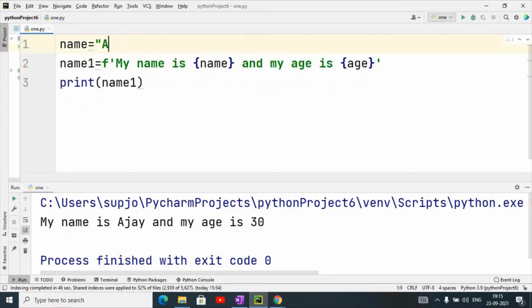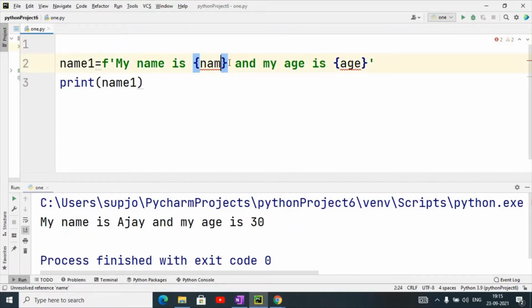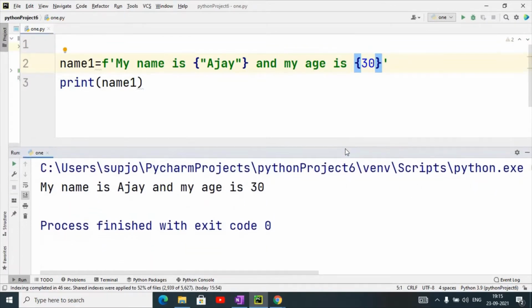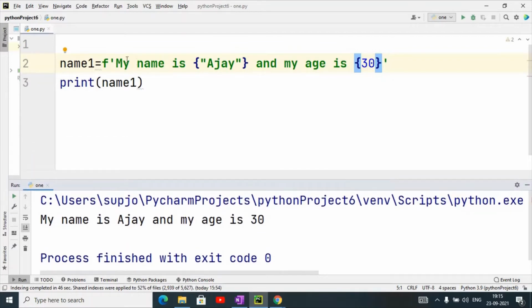If I don't want to use variables separately, I can give here my name Ajay, and directly I can give here age 30. It will also print the same way. So this is the use of format string.